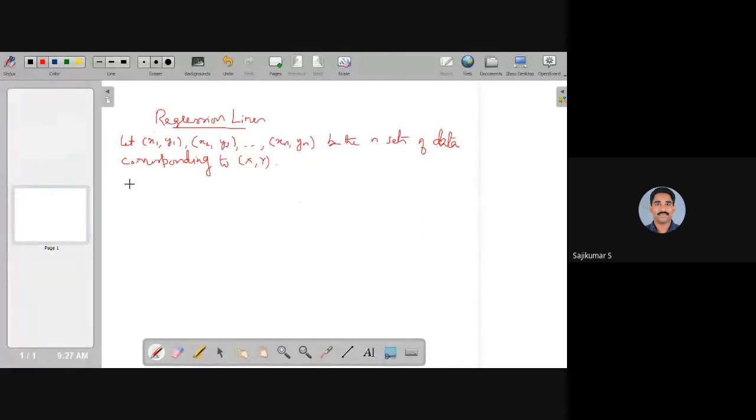So let us fit, or let us model, this set of observations x1, y1, x2, y2, etc., xn, yn using a straight line. Suppose the fitted straight line be y cap is equal to a plus bx. If y cap is equal to a plus bx is the fitted straight line to this data,